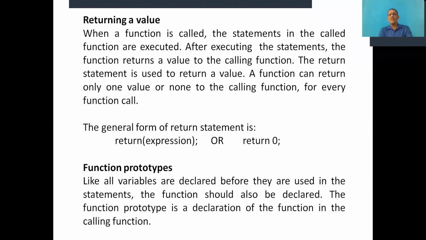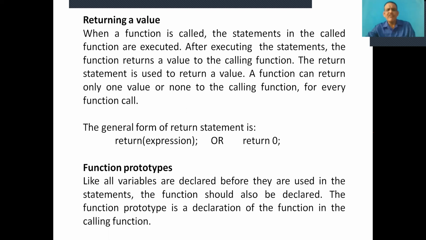That is called a function prototype. Function prototype means declaring the function before its execution. Declaration of the function before the execution is nothing but a function prototype.